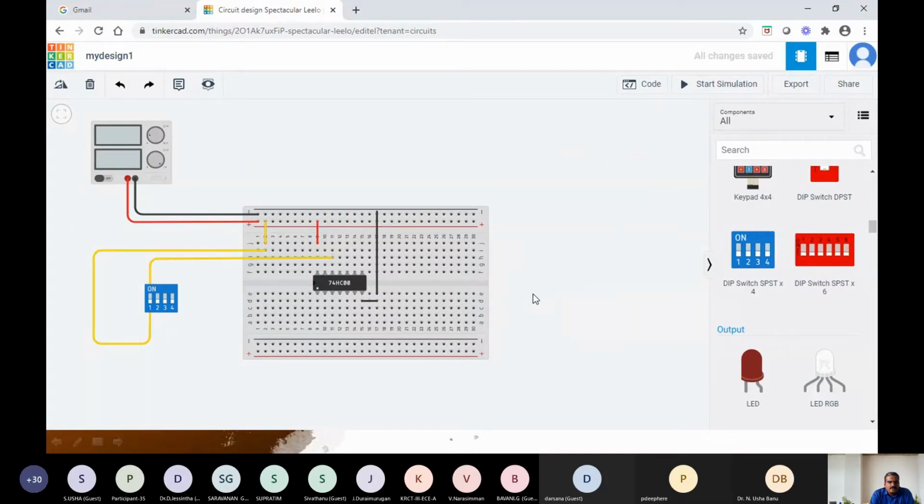So next what I have to do, I have to use another connection. Okay, in a similar fashion.